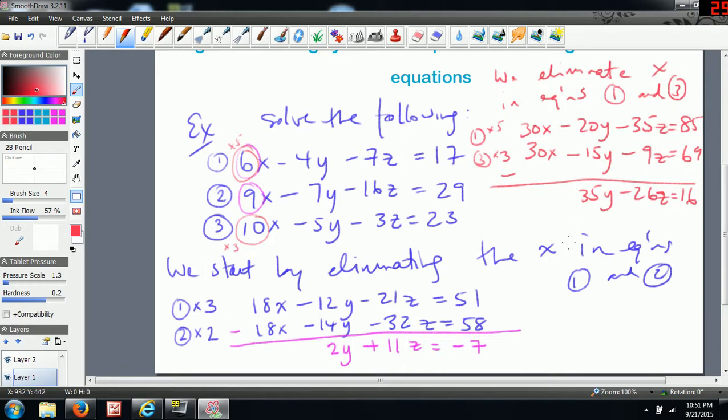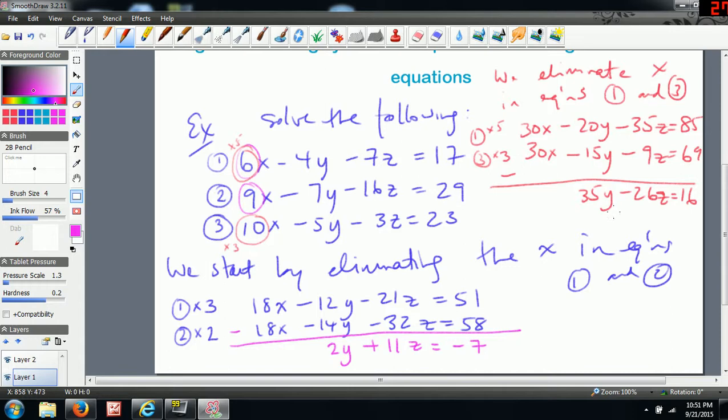So now we've got these two equations. Now what we want to do is see what we can eliminate. When I look at these two, I've got 2y plus 11z minus 7, and I've got 35y